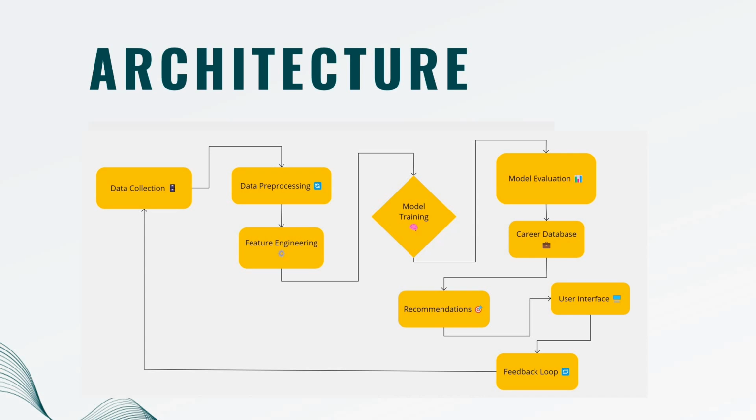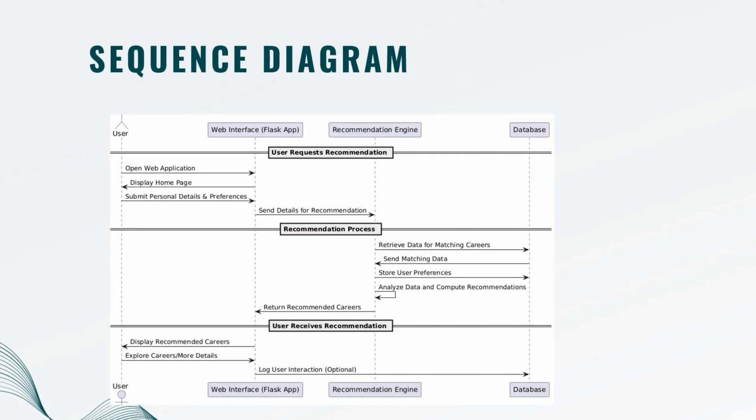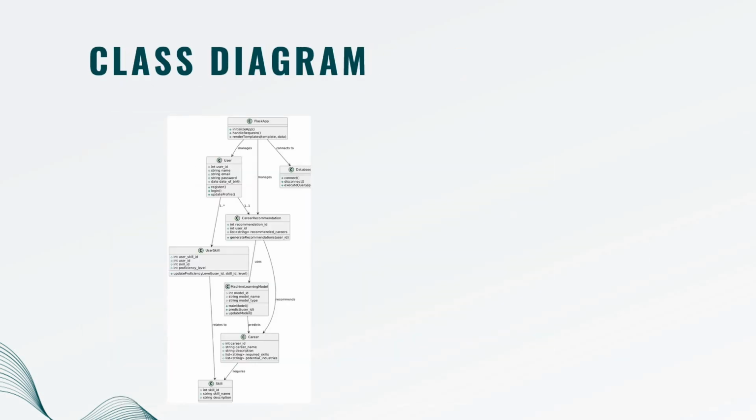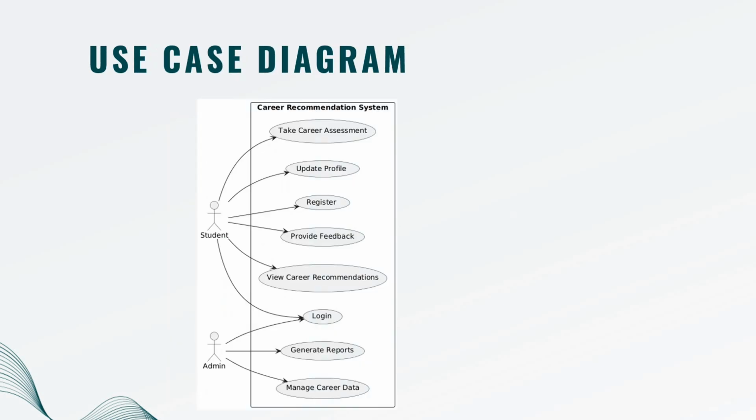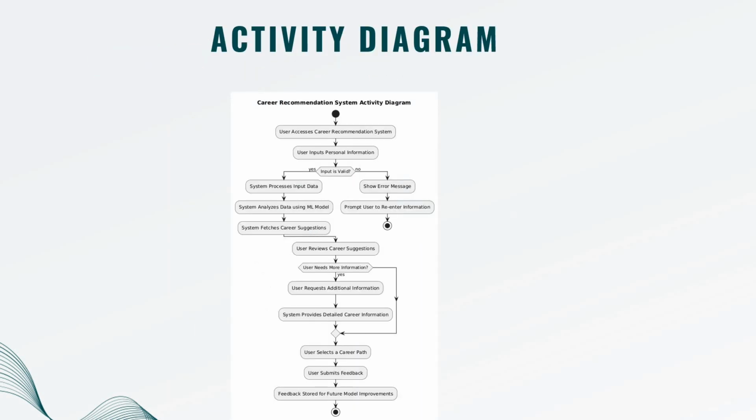From the web application, you have to give your manual input. It will give the user input to the career database and compare the result with the already trained values. Then it will pick the personalized recommendation based on your data and give the personalized recommendation for your profile. This is the architecture of the project. While running the project, you can get the exact details. The use case diagram, class diagram and activity diagram are all given for this project.